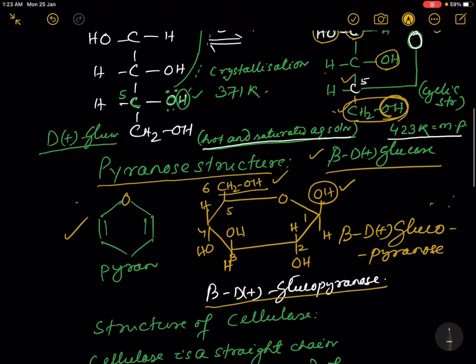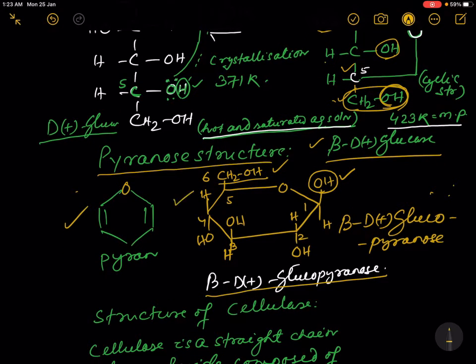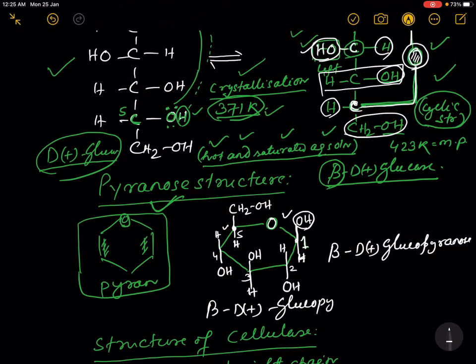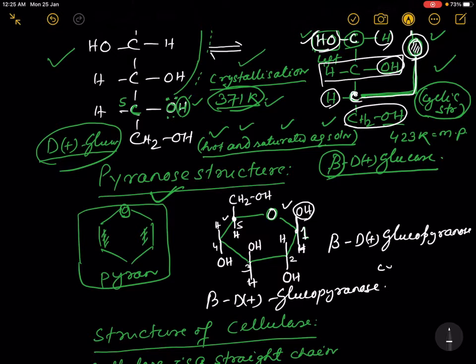Now we have drawn the ring structure of beta D plus glucose as shown, and the OH at third position is at the top, and the OH at the number 1 position is also at the top, and other OH groups are at the bottom positions. Pyranose. This is the cyclic structure, and this beta D glucose,